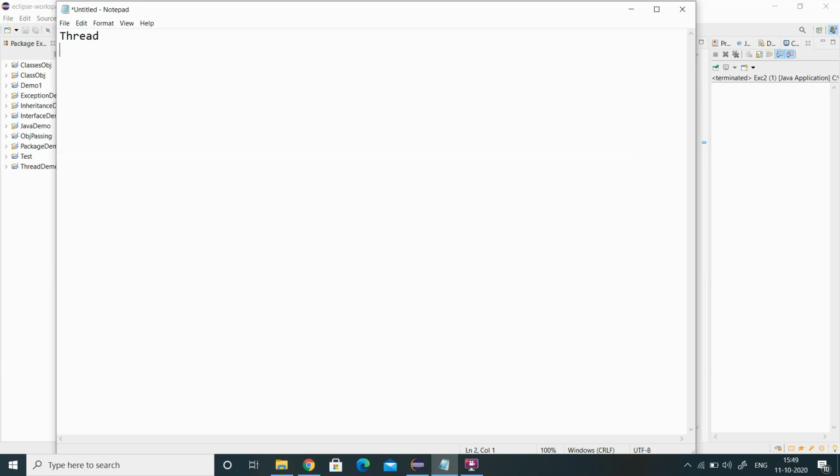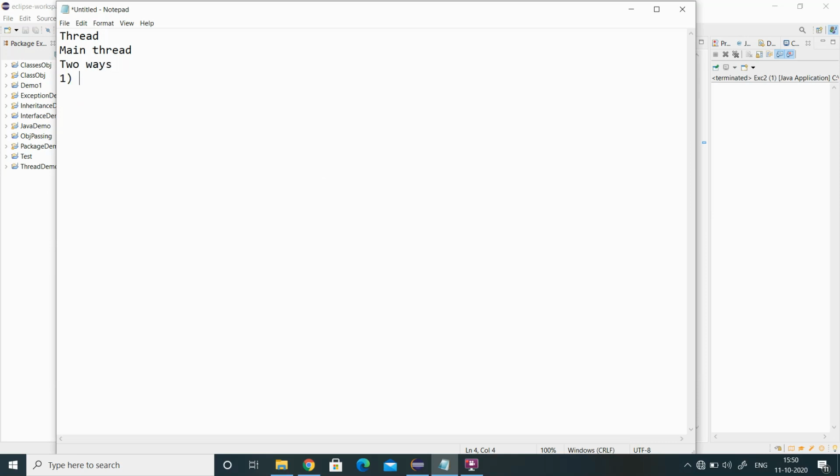In Java, whenever you run a program, there is a thread called the main thread, which runs automatically in our program. This thread is the starting thread of the program. From the main thread, we can create any number of child threads. Once all the child threads complete their work, the main thread is again the end thread of the program. So the main thread will be the start of the program, and also the end of the program.